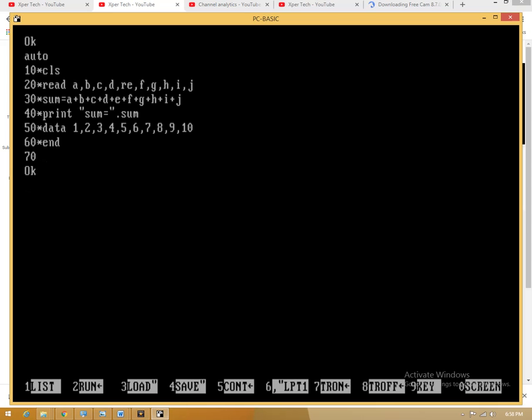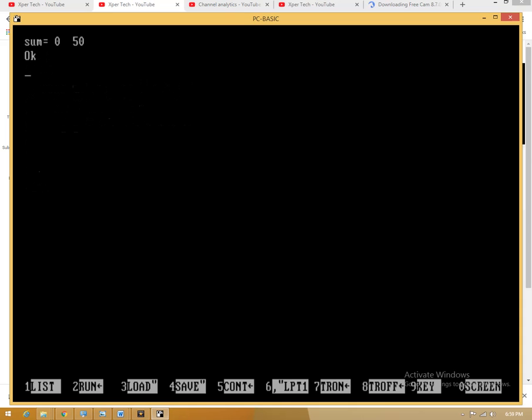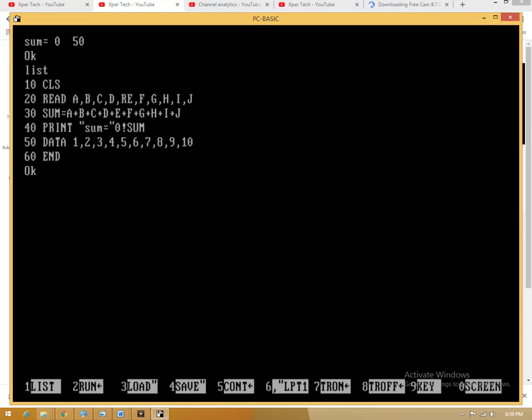Now we are going to run the program that we have written. Now sum equals 50. Let's see, something is wrong here. Sum equals, okay, we have to edit this line. This is an error,